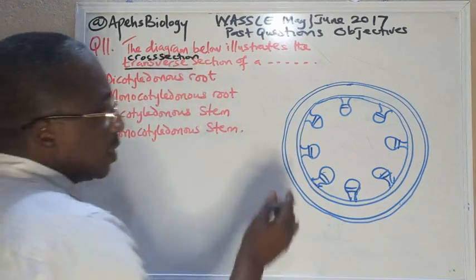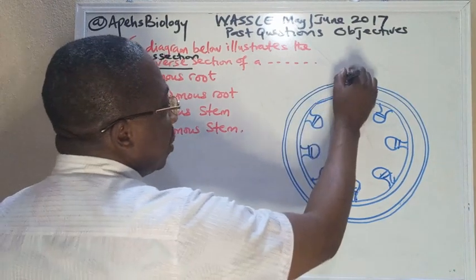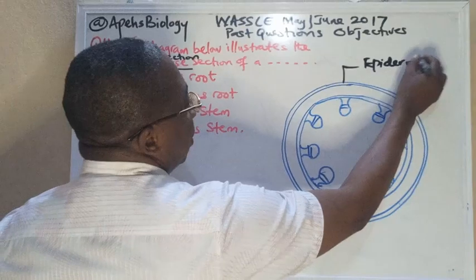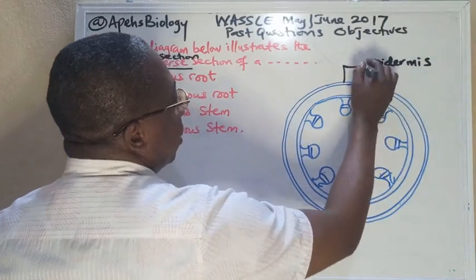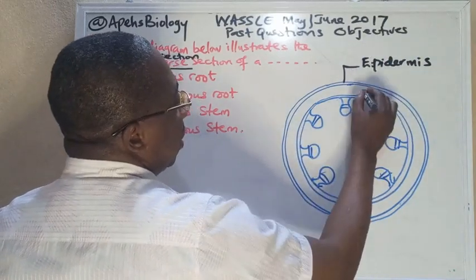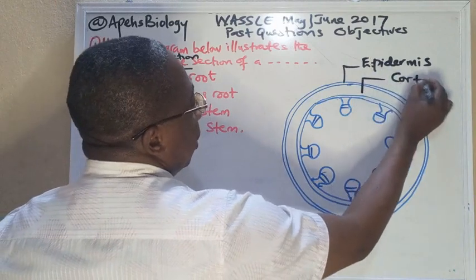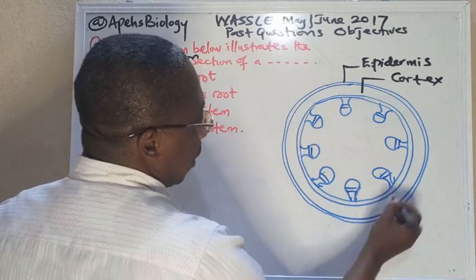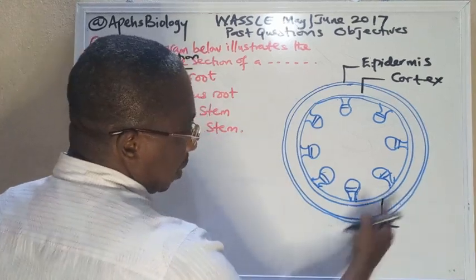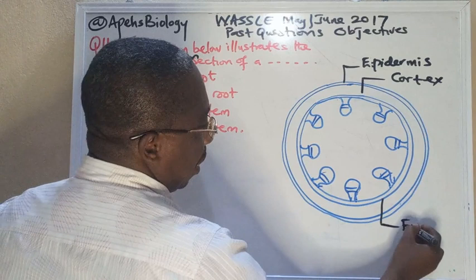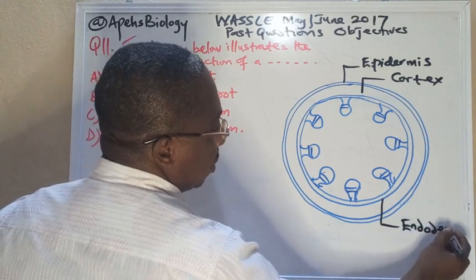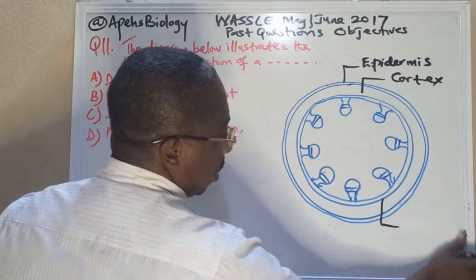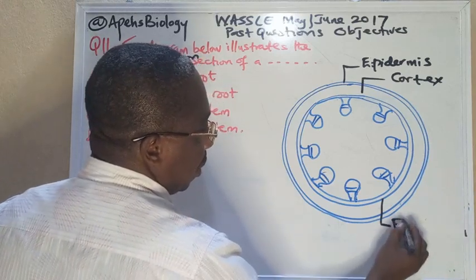Now, when we look at this diagram, if you don't understand it, the labeling is very easy. Let's label so that I can answer the question. This outer part is called the epidermis, right? That is the epidermis there. This layer is known as the cortex, all right? Then do not forget that this layer here, that outer ring, is called the endodermis, all right? Endodermis. That outer one there is called the endodermis,